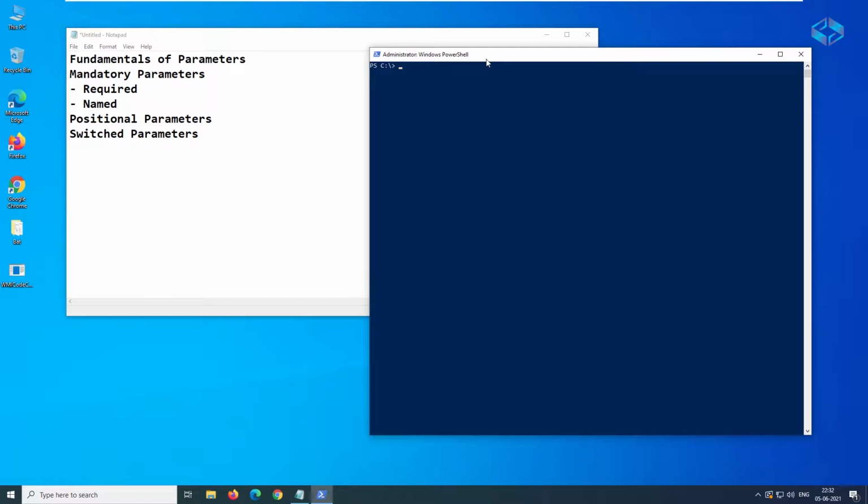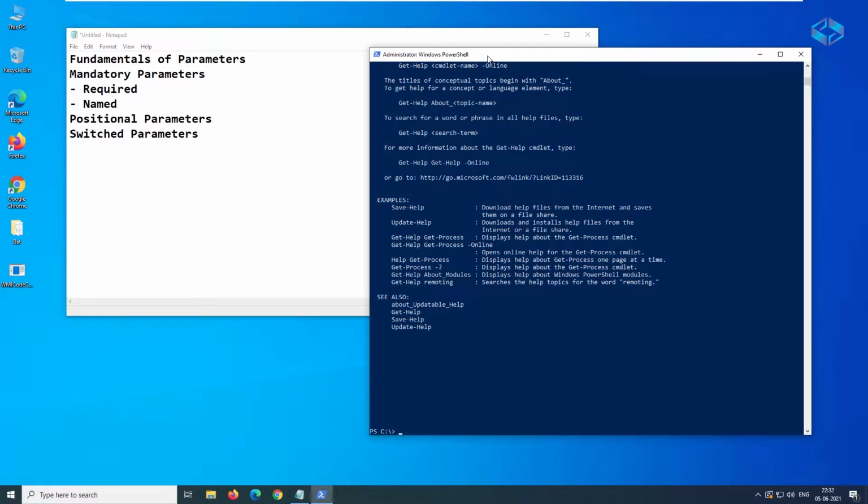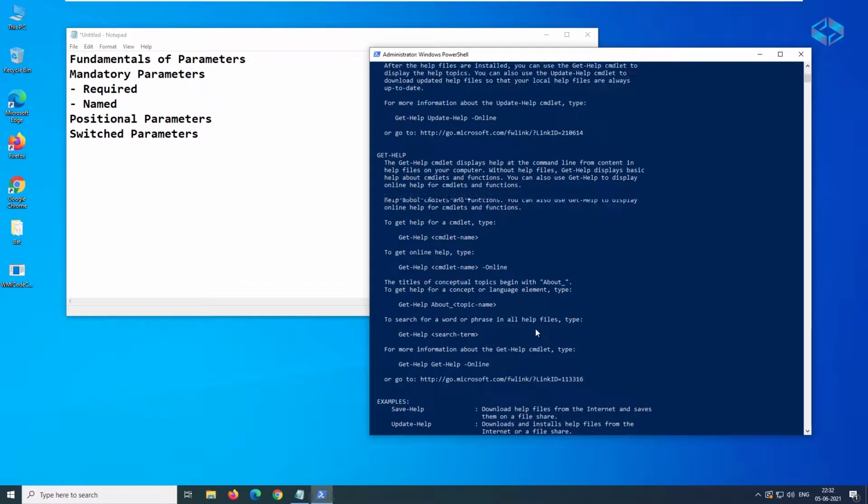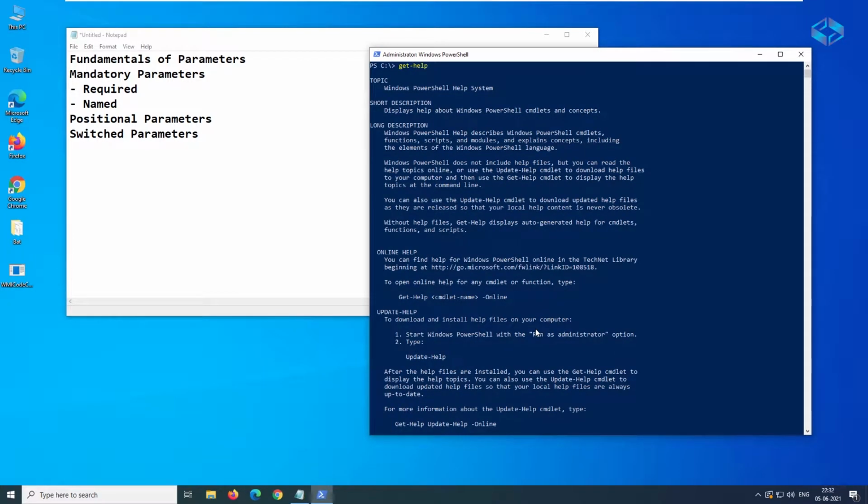which is very much needed in any scenario, and it is called Get-Help. This is very important, and you have to keep it in mind in any scenario. It will give you the details about any particular command.